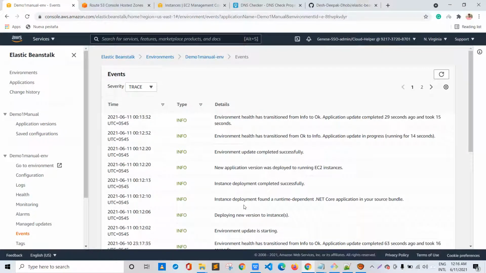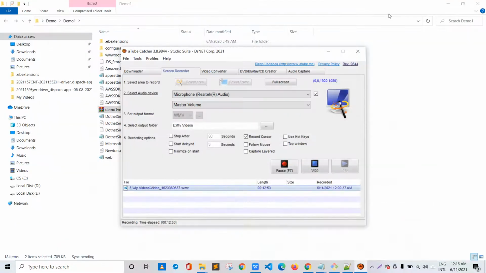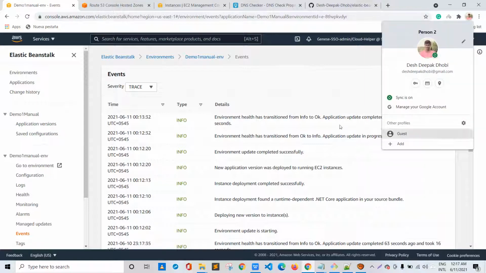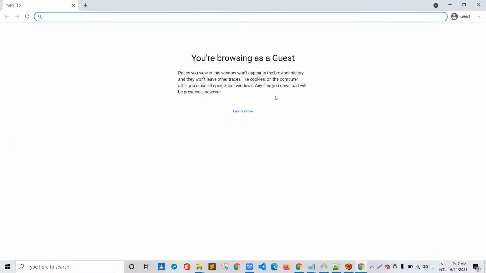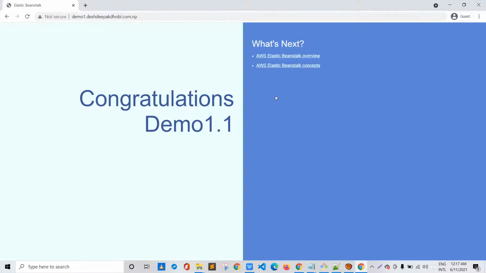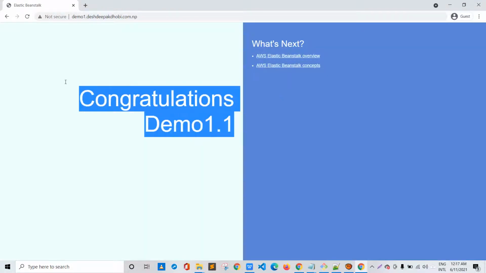So let me cancel this browser and open this browser again. Open a guest browser, and again hit that command, demo1.destipaktobi.com.np, and yes, the changes have been reflected in our browser, that is congratulations demo 1.1.